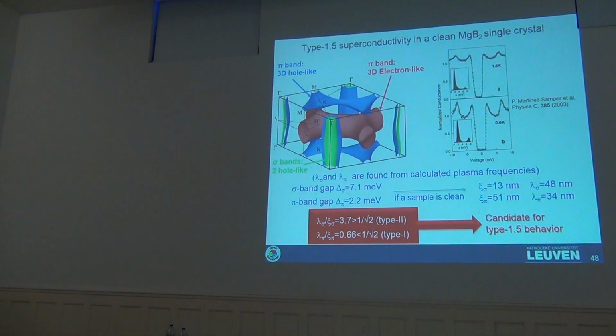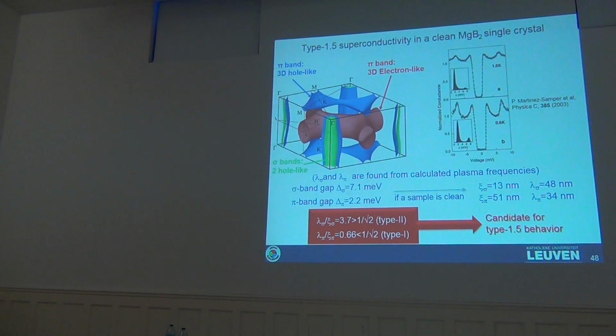So then, as we have already seen from the presentation by Dima Rodichev, if you take MgB2, then you have clear two-band features in tunneling spectra, and this actually enables you to have the sigma band gap of the order of 7.1 milli-electron volt and the pi band gap of the order of